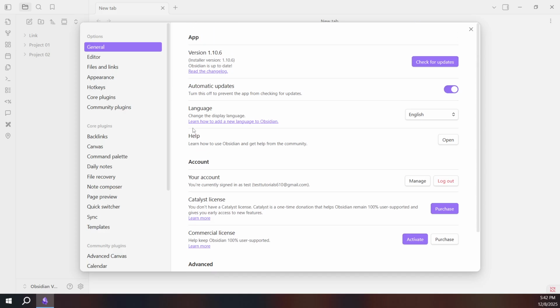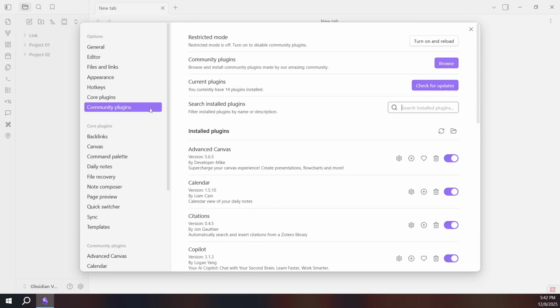Inside Settings, find and click Community Plugins. This section is where all third-party plugins live. Community plugins are created by developers in the Obsidian community and can dramatically extend your workflow. Because they're third-party, it's always a good idea to be selective and choose options that have good adoption and recent